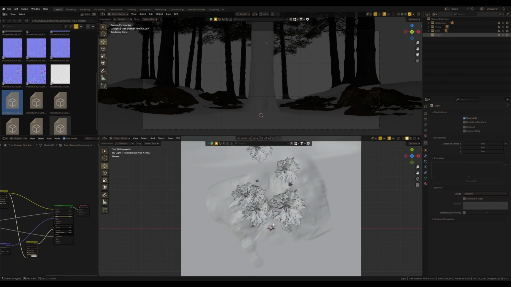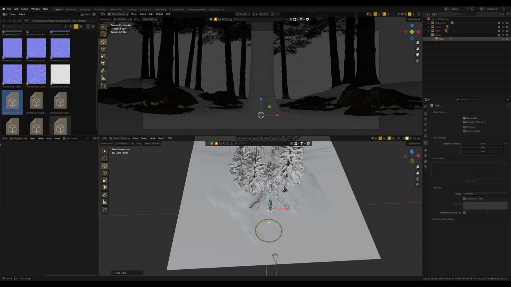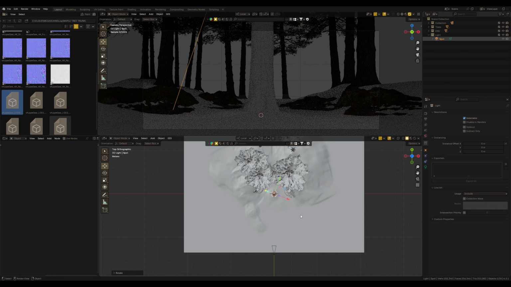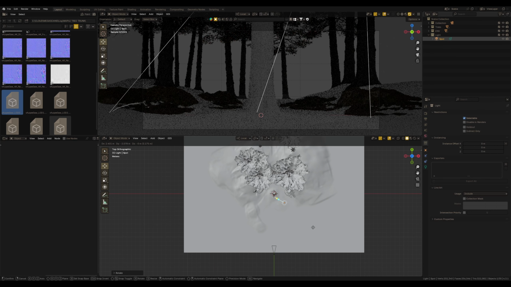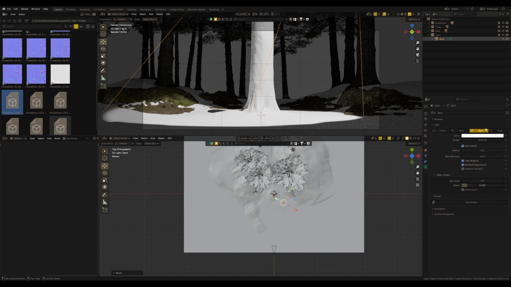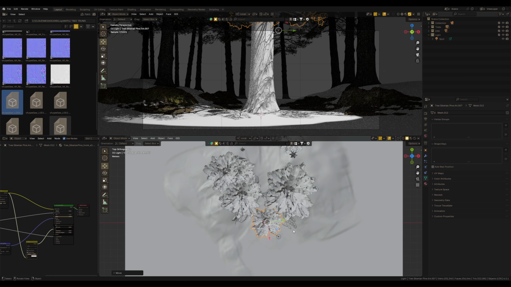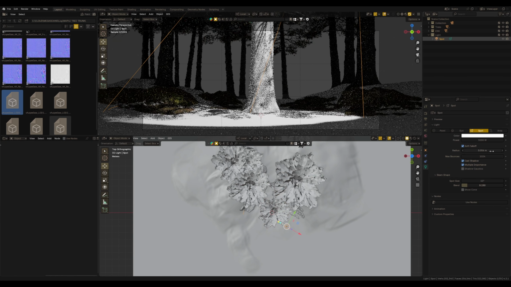It's pretty straightforward, you know. We can easily add a spotlight to the scene, move and rotate it to create a sunray effect, increase the power for a nice glow, and bring some foliage closer to this light. Then increase the radius to soften the shadows, and it looks good.